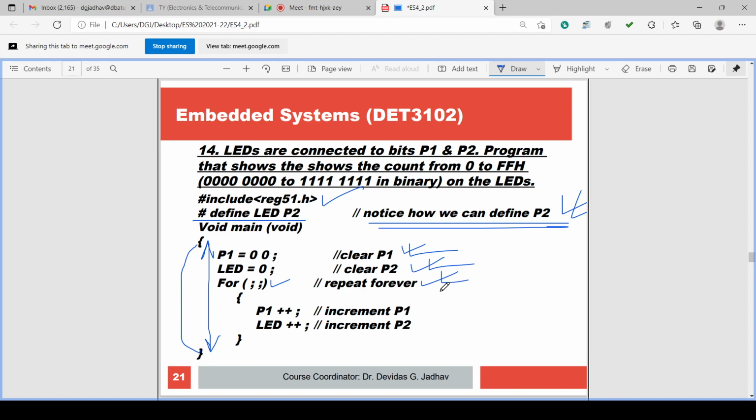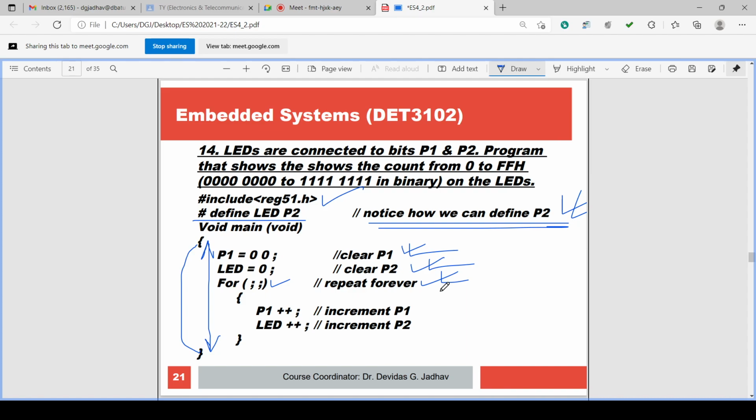LED is the definition of P2. Increment P1, increment P2. The count of P1 and P2 is incremented from 0 to FF, and again from FF it becomes 0, and 0 to FF it keeps incrementing. This is the program.